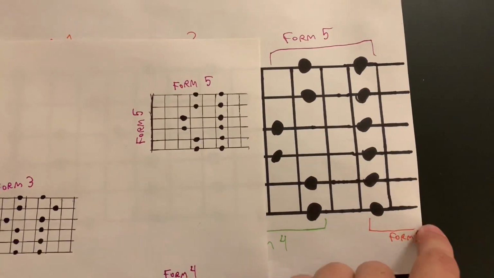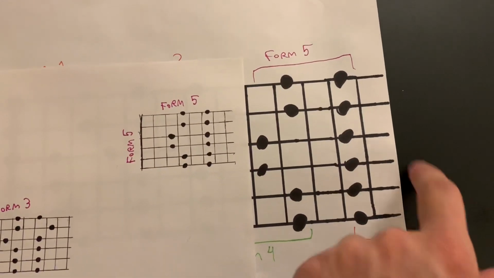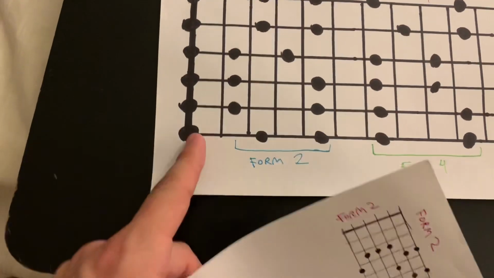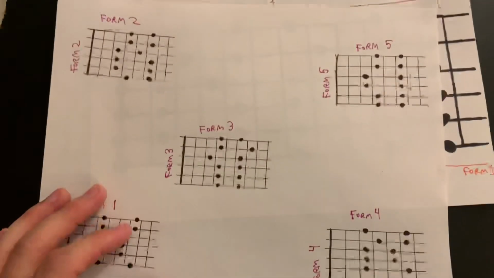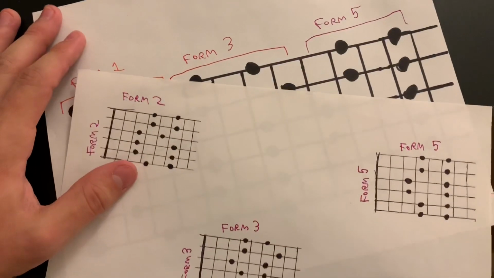If we had more space on this piece of paper, I could put a dot there, and then boom, boom, boom, boom, boom. Basically, you restart. That's important to know. Now, another piece that's important to know is,